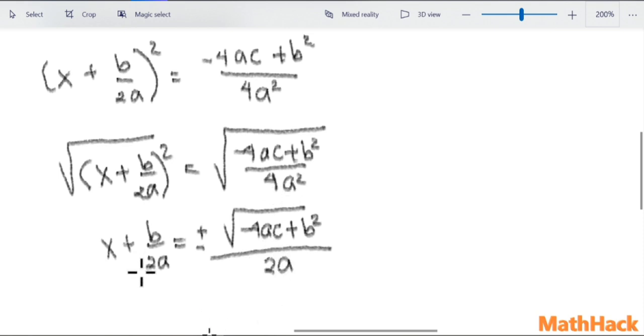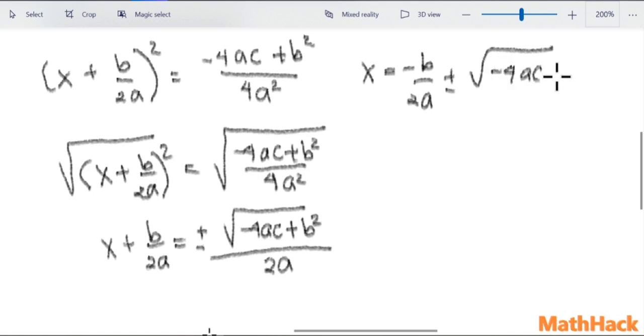Then we're going to subtract b over 2a from both sides, so we'll get to isolate x on the left hand side of the equation. So we have x is equal to negative b over 2a plus or minus the square root of negative 4ac plus b squared